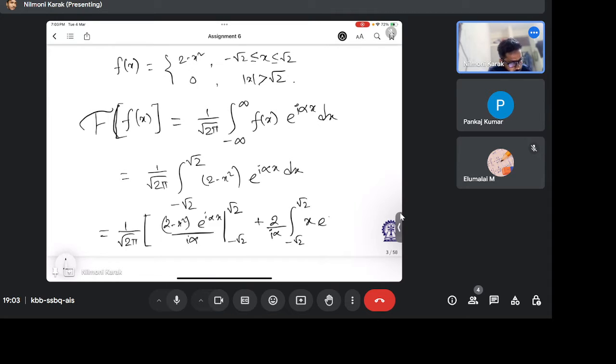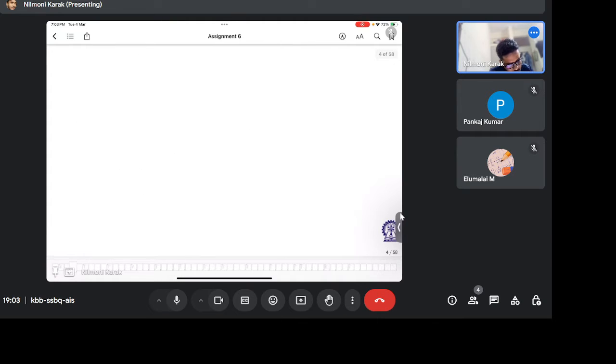i alpha x dx. And then if you put the upper limit and lower limit,